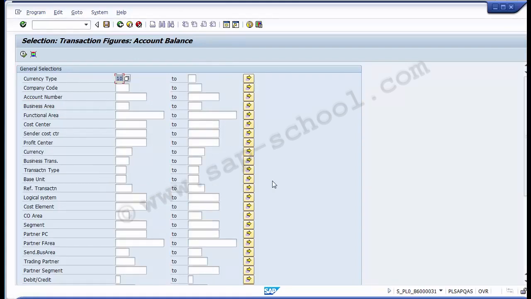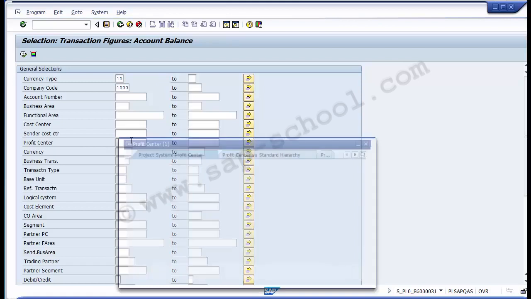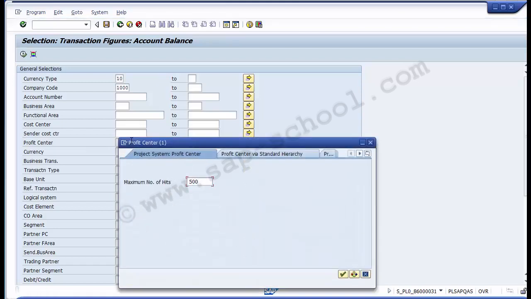And now the second thing you need to decide is whether you want to have the report as per the company code. So you need to take the company code over here, and then you can have the options whether you want to see the account balance for a limited options, or you want to have the report for a business area wise balance of GL balances, or you want profit centers to be taken. Suppose I take the profit center. If I want to know the list of different profit centers, I can click onto the F4 key on the keyboard and enter. It will give you the list of different